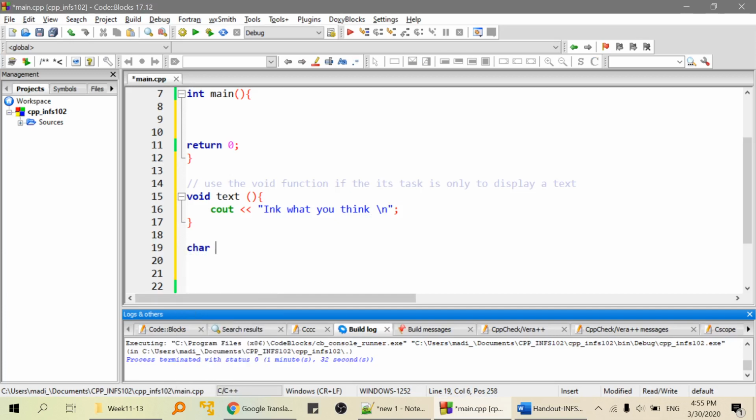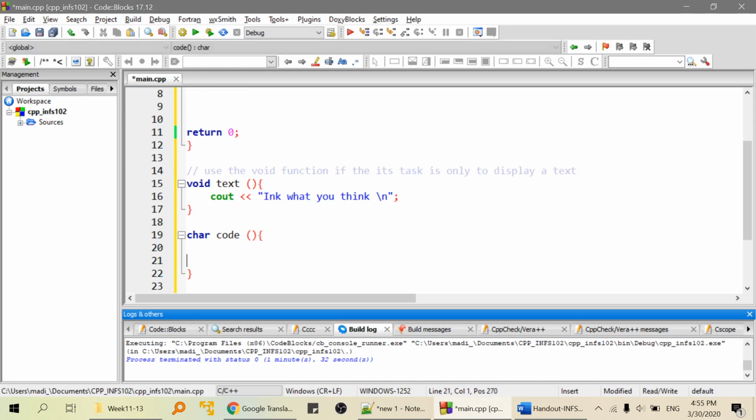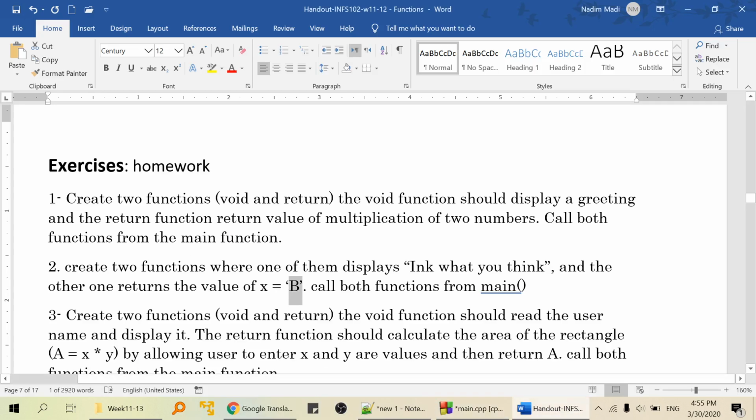So char, the name could be any name, code, for example. It's just up to you, same as the variable name. You are the one who is creating it, so it will be correct as long as you are not using keywords. Okay. So here, what I need to do is that